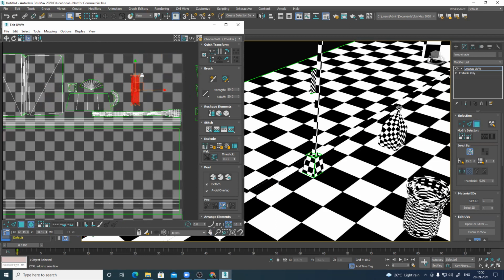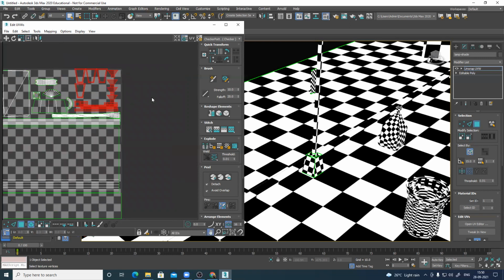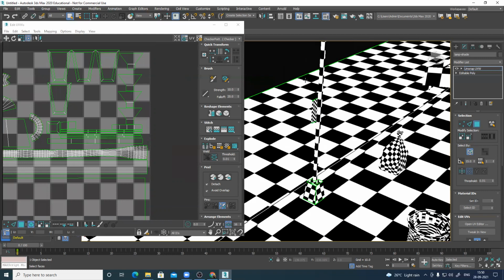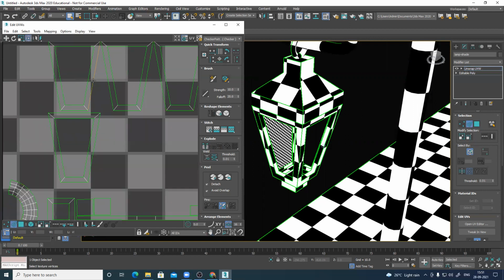This thing I can reduce and place wherever there's empty space, because this is not important. It's not visible, and I have this entire space empty. If you have high poly, select the entire model and apply once. If you don't have high poly, select the entire model and apply auto scale. So here also, stitch.